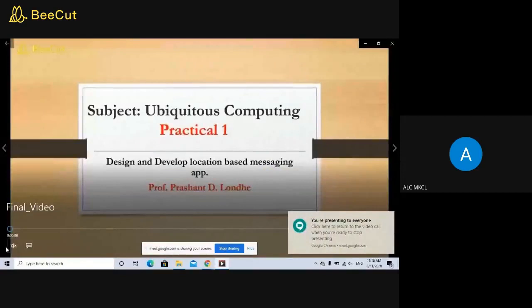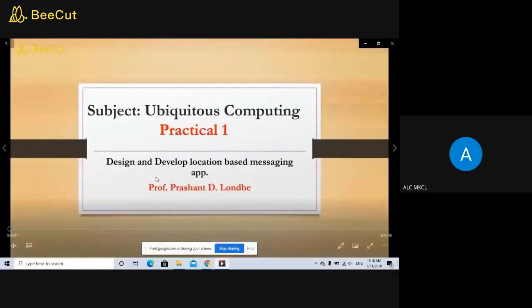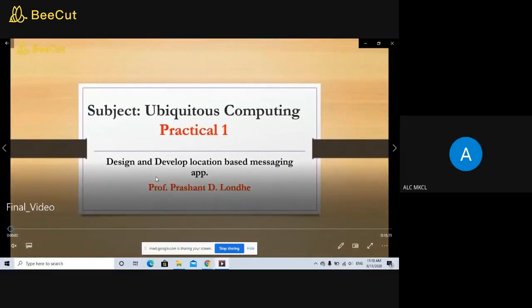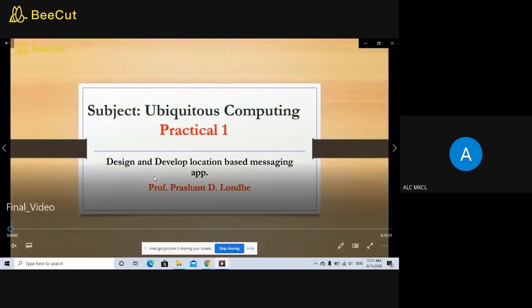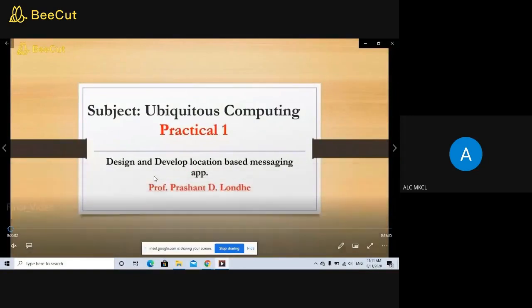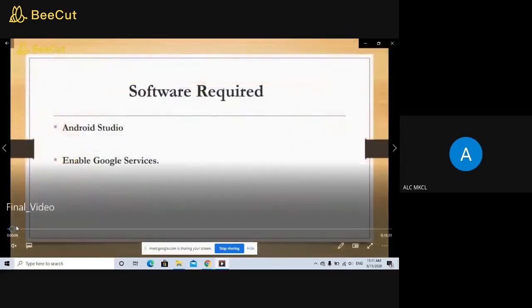Okay, so let's start. Our aim of the practical is to design and develop a location-based messaging app. You need to display the longitudes as well as latitudes with the help of the given application. For this, we require Android Studio, and you need to enable the Google services. So I will open my Android Studio.